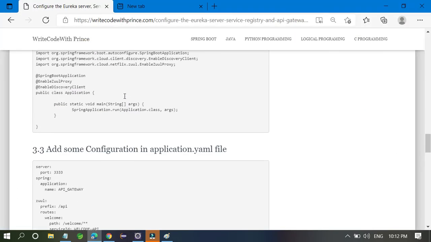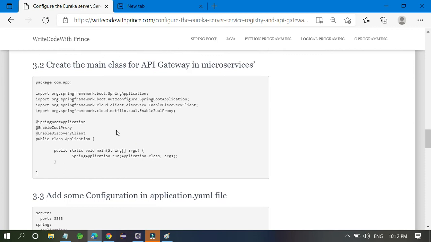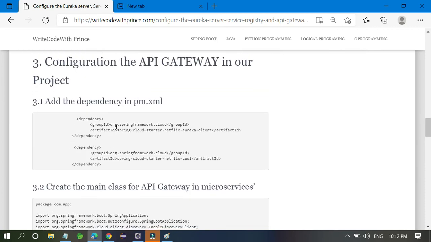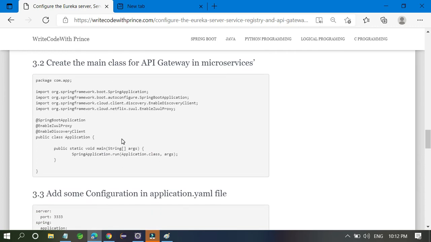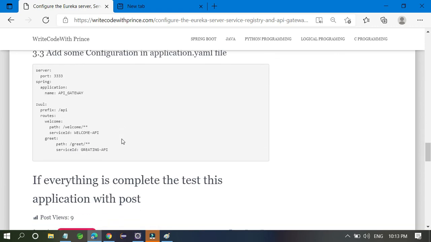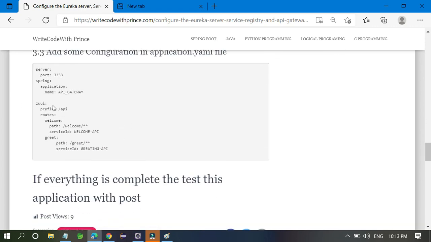So you go to this place, create an API gateway microservice. Okay, fine. Immutable Zuul proxy, it's also fine. Here we have the Zuul API routes, welcome, this API.